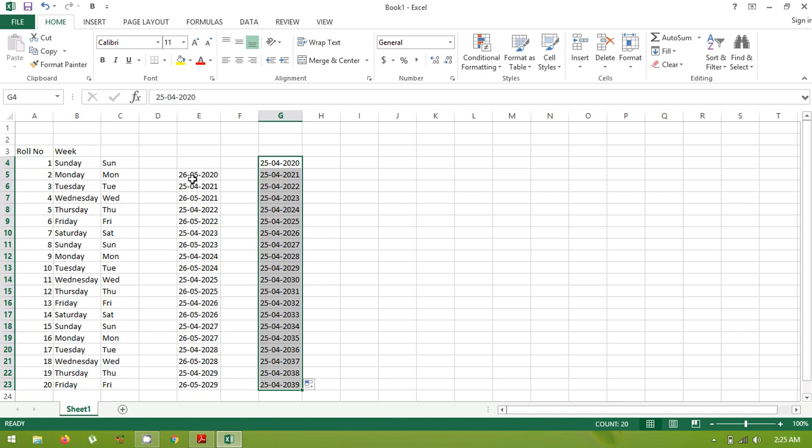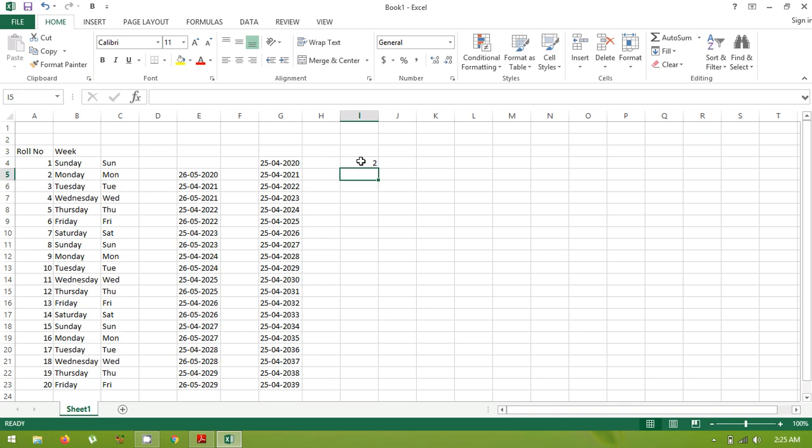Here also the date and month are the same for the first two cells, but it changes the year. So this is how you can use your autofill feature to generate a series automatically.